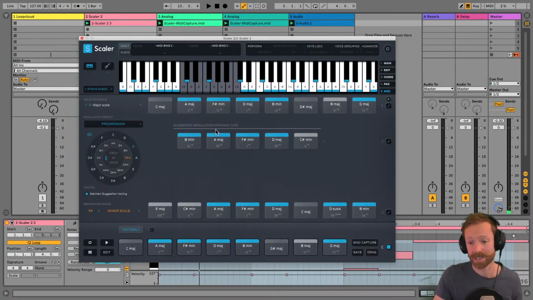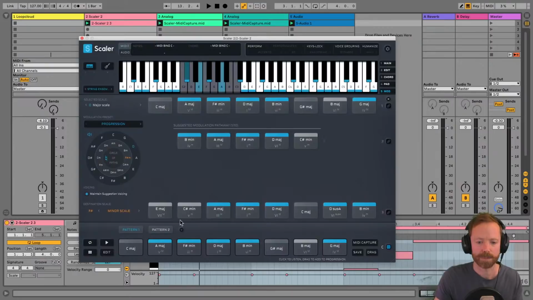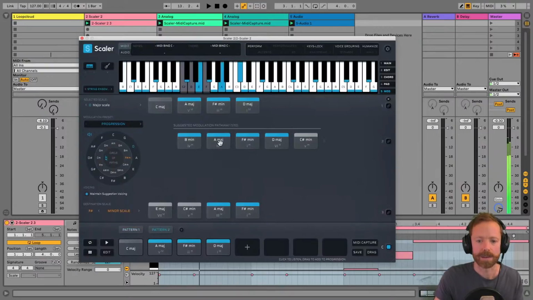And yeah, once you've got your new sequence, of course, you need to find a way to get to it. This is again something that you could do already in the previous version, and this is the pathway it suggests in the middle here. So you just find a way to step in here. For example, we might want to create a new pattern down the bottom that starts off with these 4 chords, and I can right click now, add chords to a new pattern, and then we can step down through these chords, kind of run out of note.